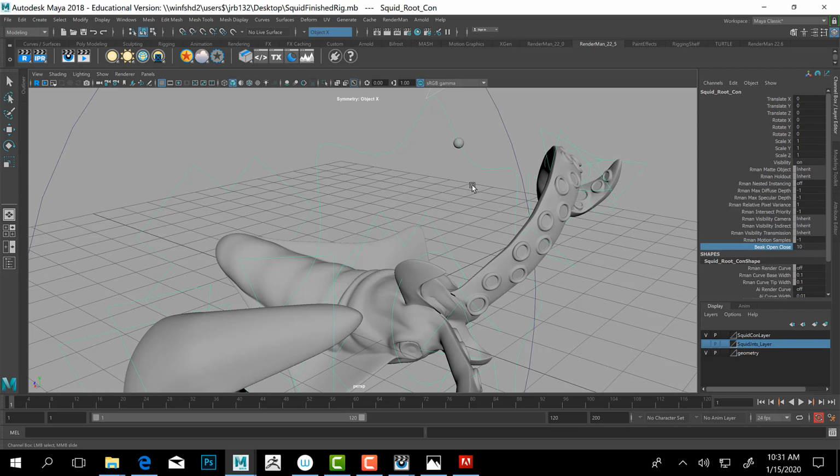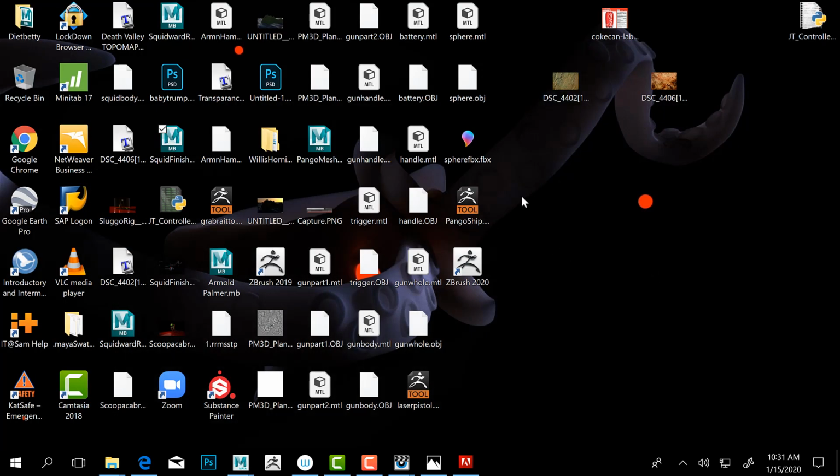What's the floating ball in the background? I have a rendered image. There it is. Basically, it's other eyes floating in the background, like more squids are ready to get you. So anyway,